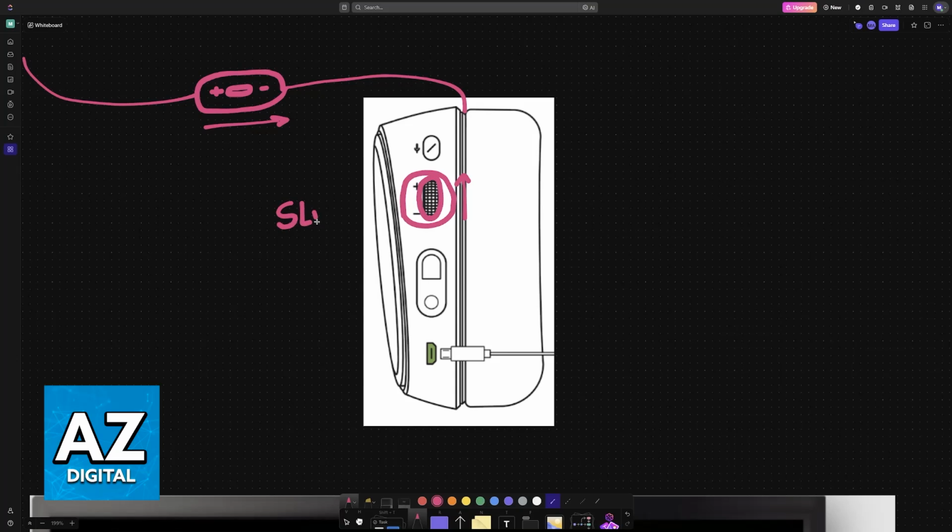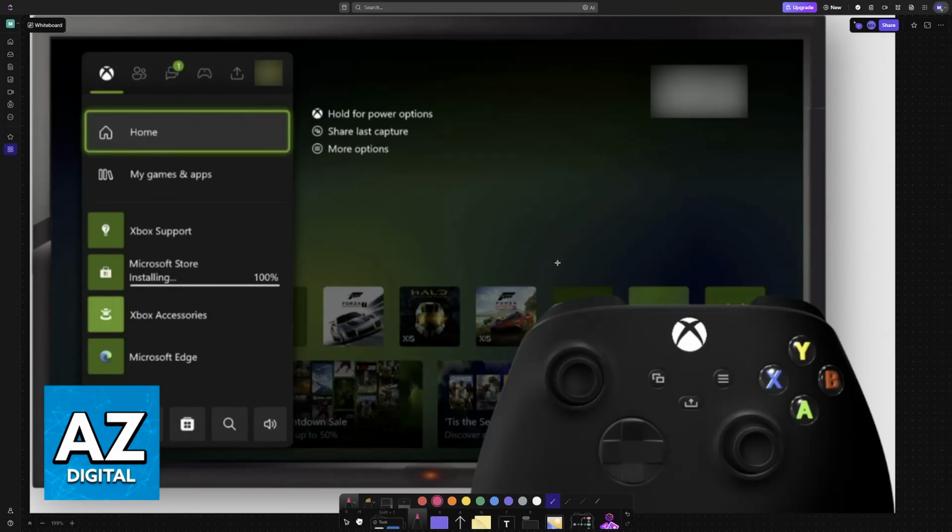If yours does not have this slider, then don't worry, I'm still going to teach you how to increase the volume, but it is something to note. So after you are done checking to see if the slider was indeed muting the volume, what you can do if it still is not solved, or if you didn't have one, is to press the Xbox button to open the guide and then go to the audio and music options. So this icon right here at the bottom right corner. So go all the way down and then select it from the list.